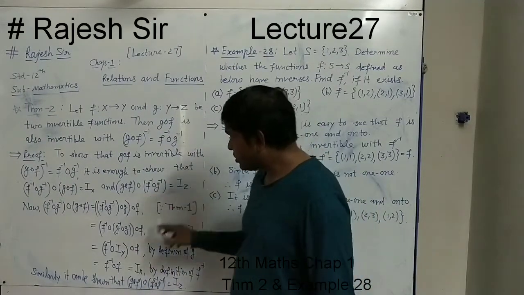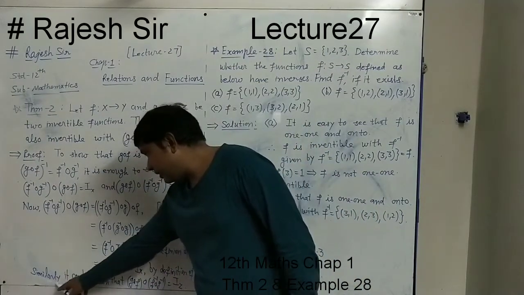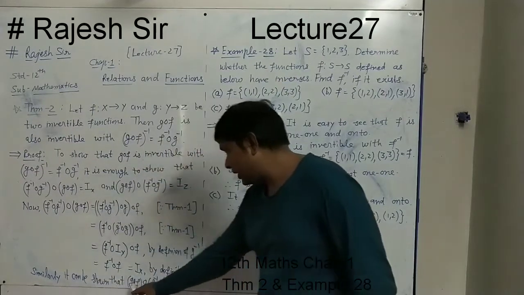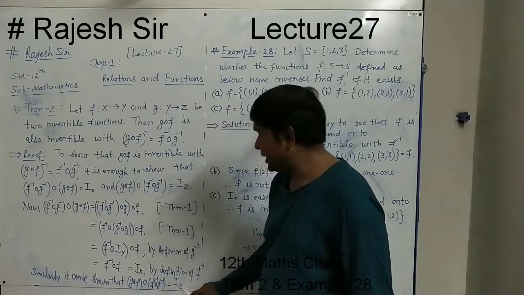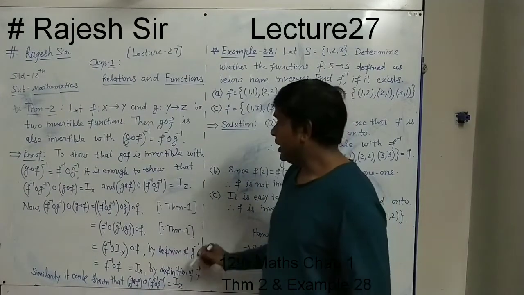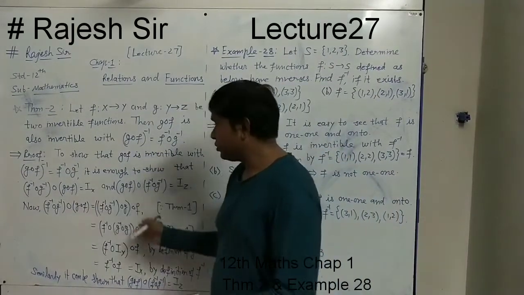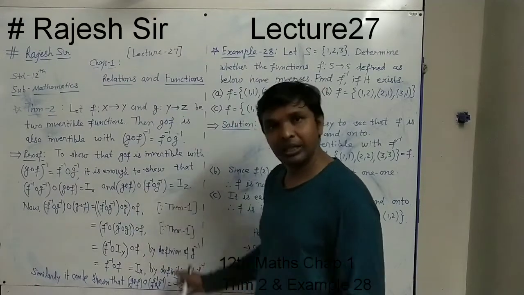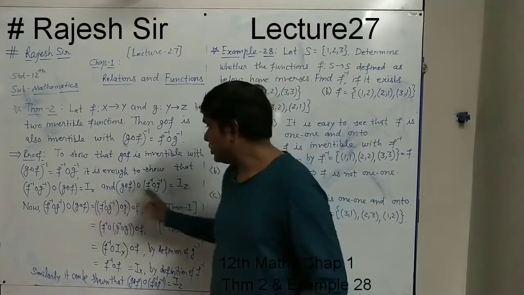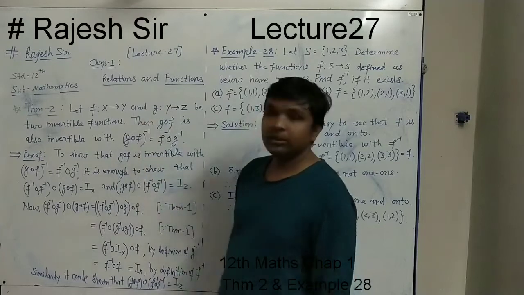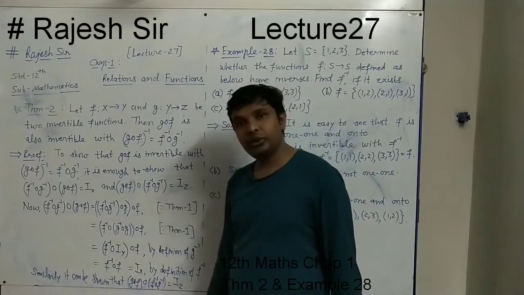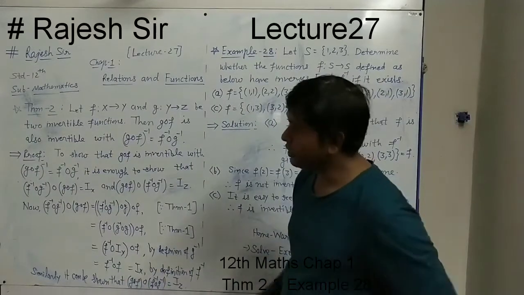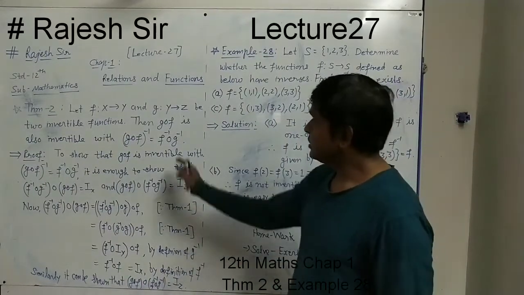Similarly the next part also we can get. So we have just written a statement. Similarly it can be shown that GoF of F inverse of G inverse equals Iz also. By showing these two, we have shown one, and the second one similarly we can show. If we have shown these two, the theorem is proved. Hence the proof; this way only we can show it. Understood?